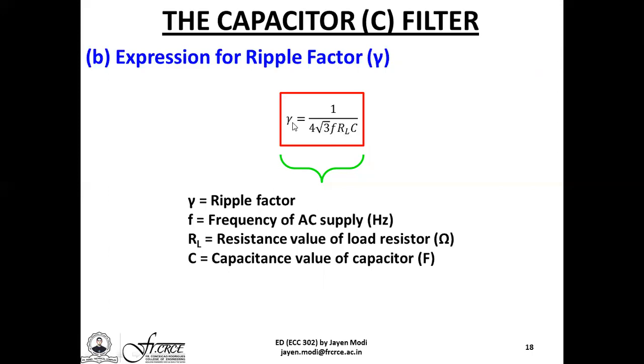The main objective is to have an extremely small value of the ripple factor gamma, which should be as small as possible. Ideally, the value of gamma should be zero, but since that cannot be achieved, gamma should be kept as small as possible. So this leads us to the conclusion that only if the load RL is sufficiently high can the capacitor C work in the best possible way, keeping the ripple factor gamma extremely low.